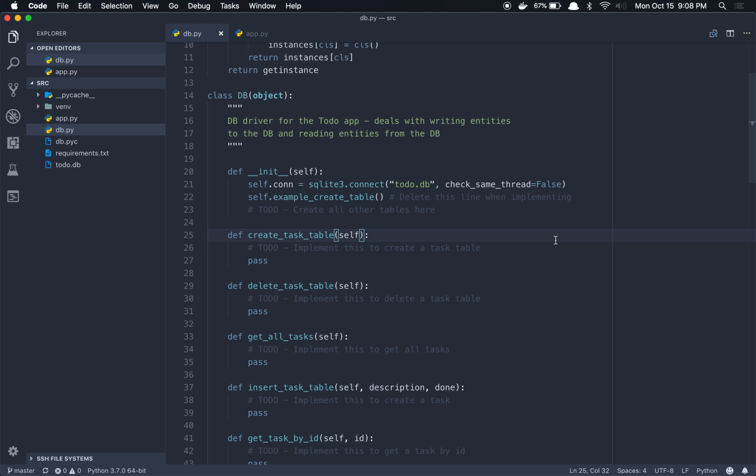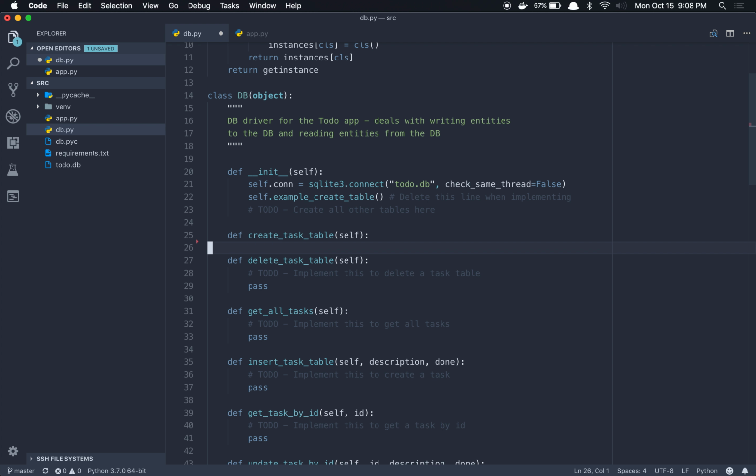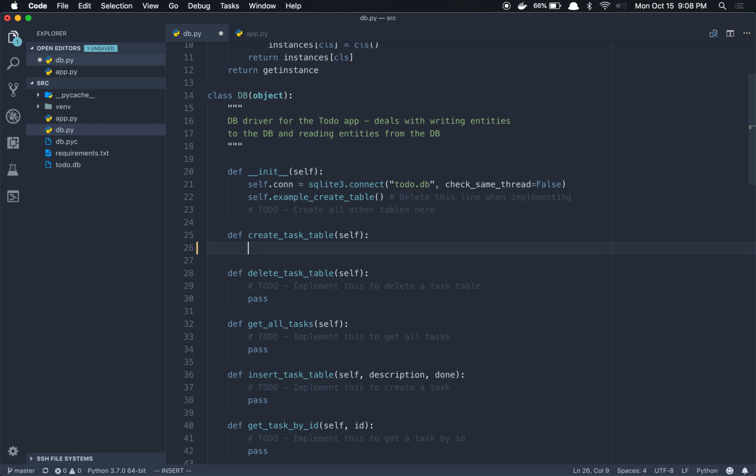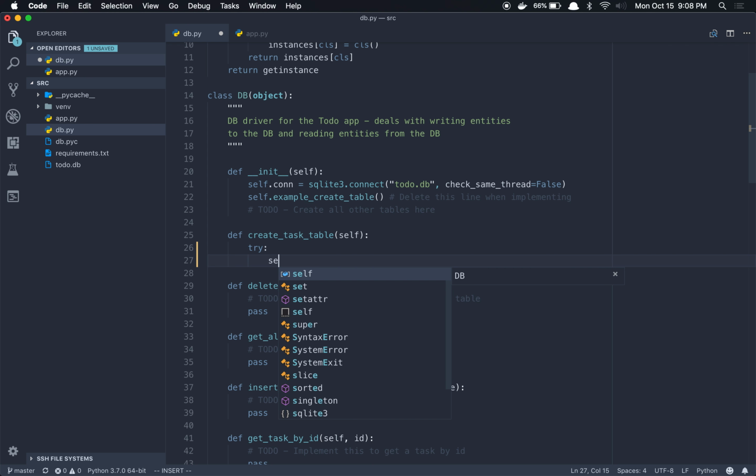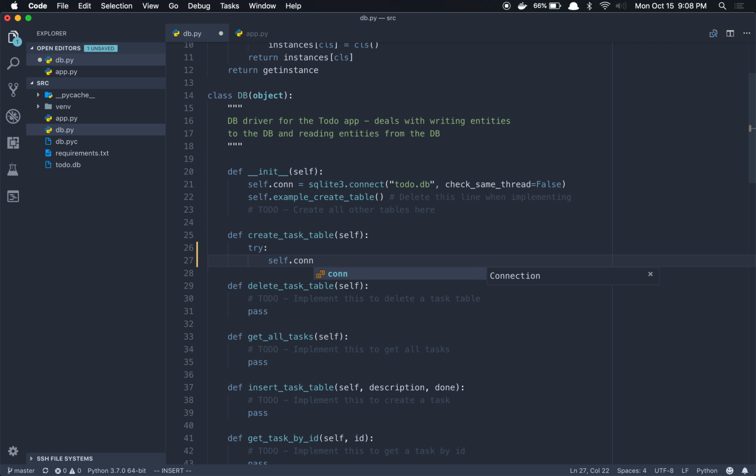Yeah, so our first thing is we want to create a task table. So how you can run SQL syntax within Python is, first we want to do a try, and then you basically do self.con, because that refers to our DB connection, and then we can say execute this SQL statement, and then we do this